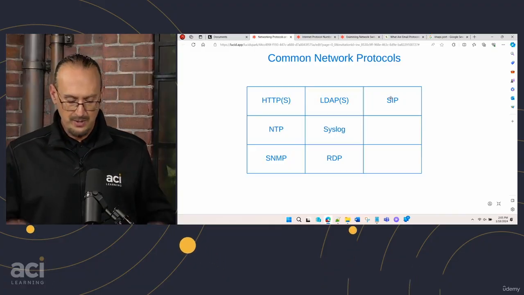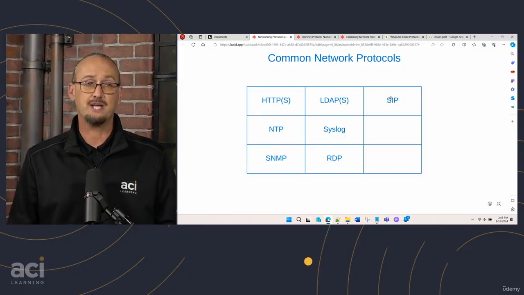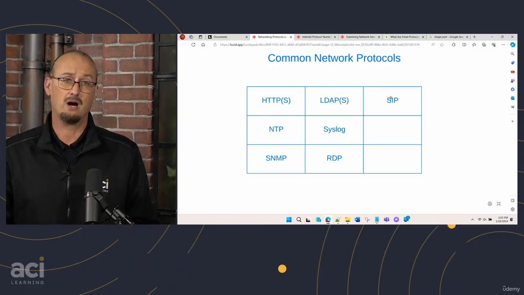But there's one that I noticed I didn't put in the list, and I'm going to go ahead and mention it here, and I apologize ahead of time. You need to know SQL, all right? And more so know what it is and the port, right? That's the Structured Query Language. Essentially, it is a language that is how we structure databases, and how we query them is with that Structured Query Language, or SQL.